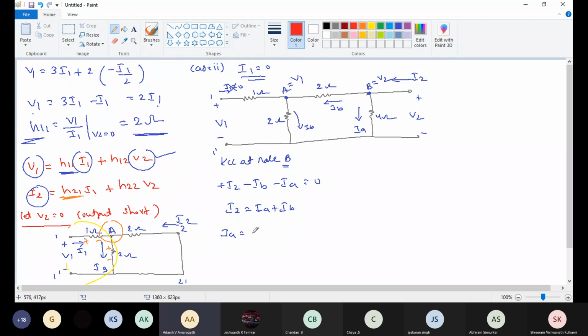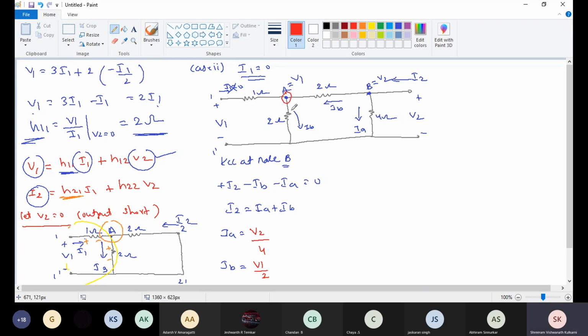V2 by 4. Yes, V2 is the voltage across the 4 ohm, so IA is V2 divided by 4. Then IB, see here, this IB. The voltage across the 2 ohm, what is that? V1 by 2. So IB is V1 by 2. But the current IB is also given by